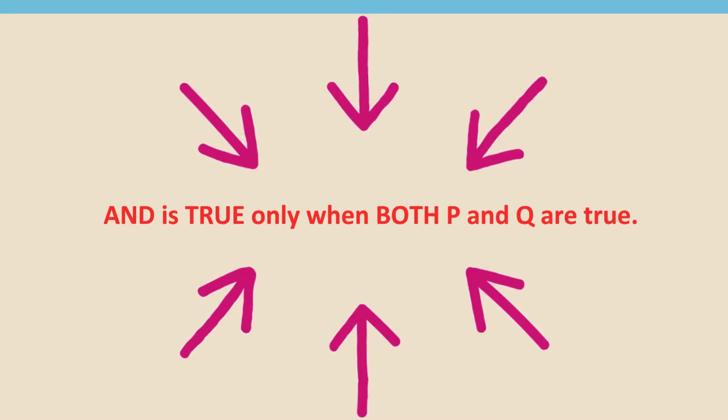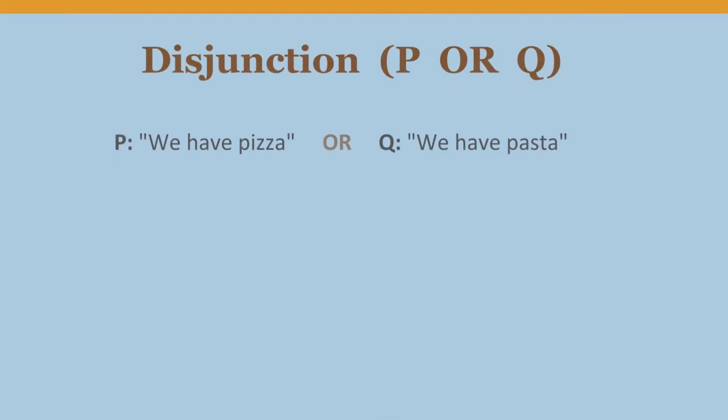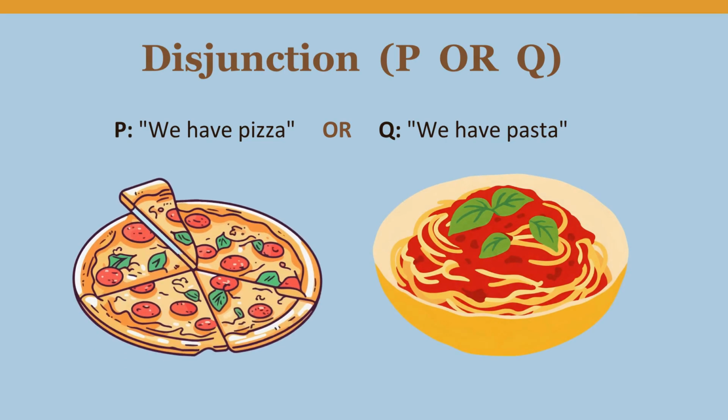Now let's move on to the second connector, the disjunction, p or q. It behaves very differently from the conjunction. Let's take p as "we have pizza" and q as "we have pasta." We also have four possible situations, which are: we have pizza or we have pasta,